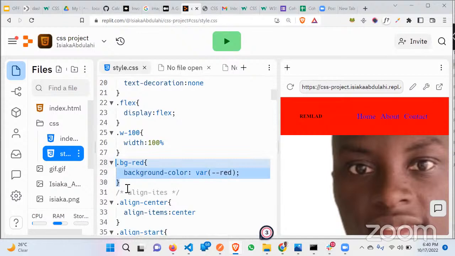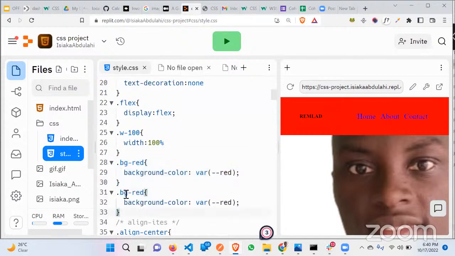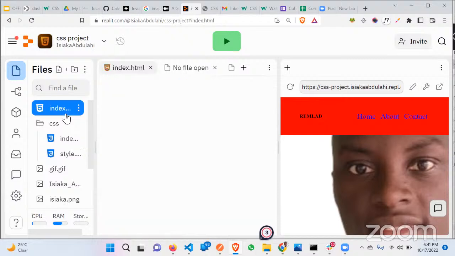I'll come here and say text red. Instead of writing background color, I can say text red. So instead of putting background color, I can just say color should be var red. So this will work. If I now come to my index.html here,